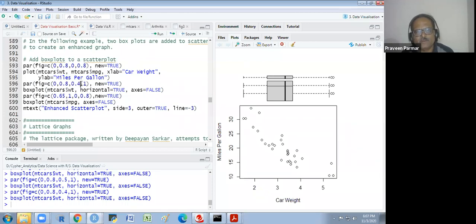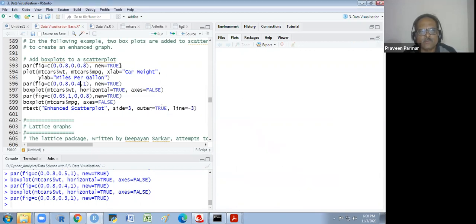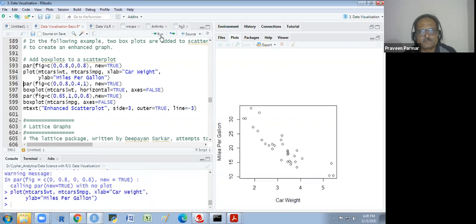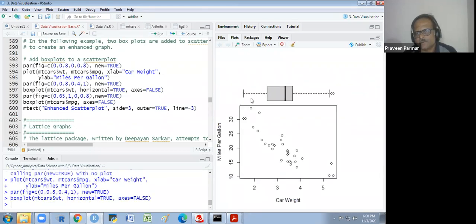You just change the value and you see where you get a better location. Look at that, in this way we get it. So we take 0.4, which looks better. It is better.